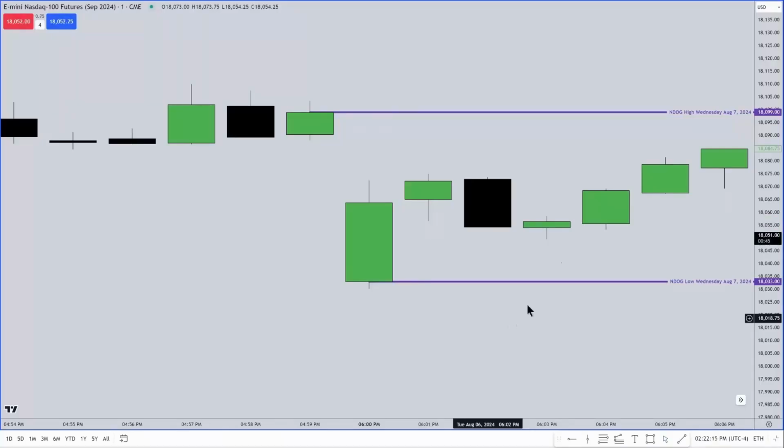And then you mark it the same way here. The only difference is you would say NWOG, which is new week opening gap. They tend to be very sensitive still 5 weeks back. Now, that's not to say it ends at 5 weeks and you can never refer to them again. It's just a general rule or principle that you can start with.